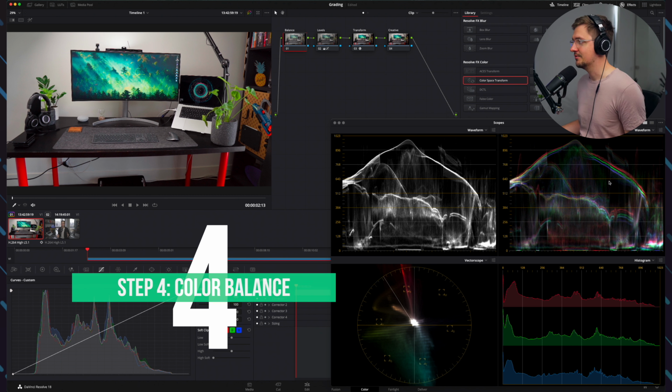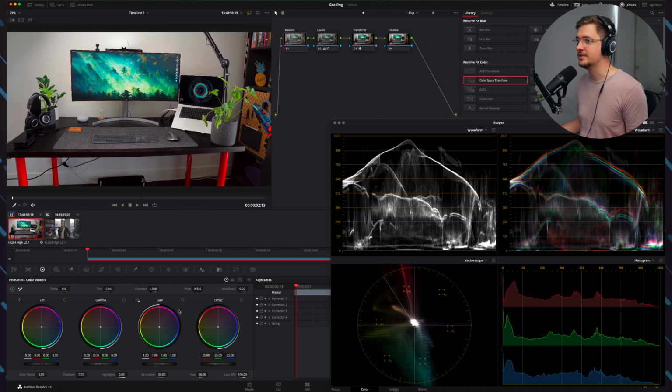So this is a really important step, but I think a lot of people seem to miss. It's really easy to color balance your images. Now, the most basic way to do it that I know of is to look over here, your RGB waveform. And the idea is currently you can see how the red, green, and blue channels in the image are split apart, and some are higher than others. The idea is we want them to be all at the same level,